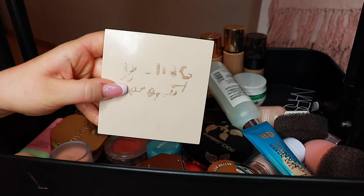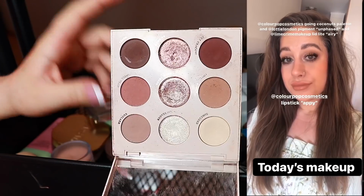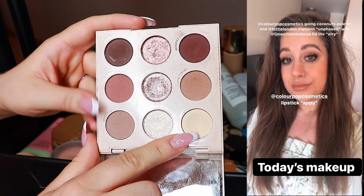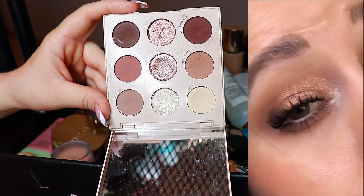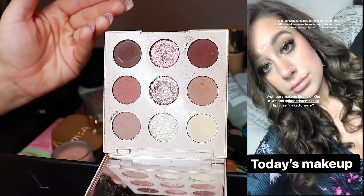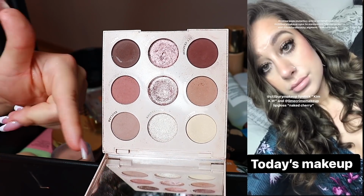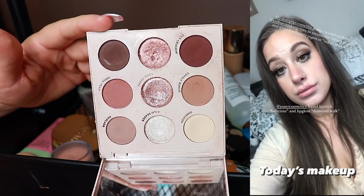This palette is the Going Coconuts palette, and I know I use this a ton. This I use almost every single day. This is a dupe for the pigment from Hourglass in the shade Reflect. But this is just a gorgeous palette. I adore this. I did some cool tone looks, and then I did some warmer tone looks, and it's just